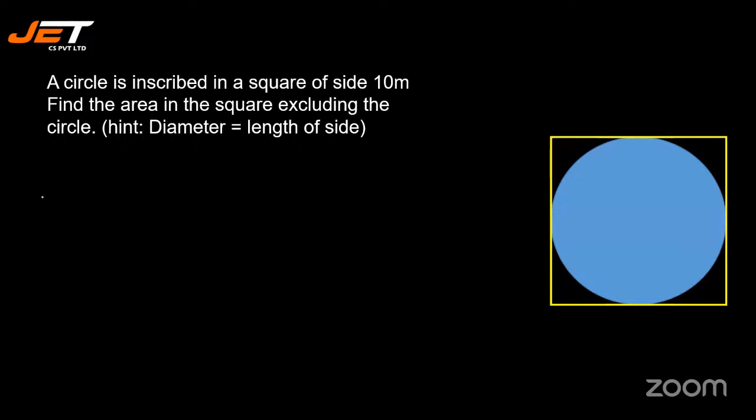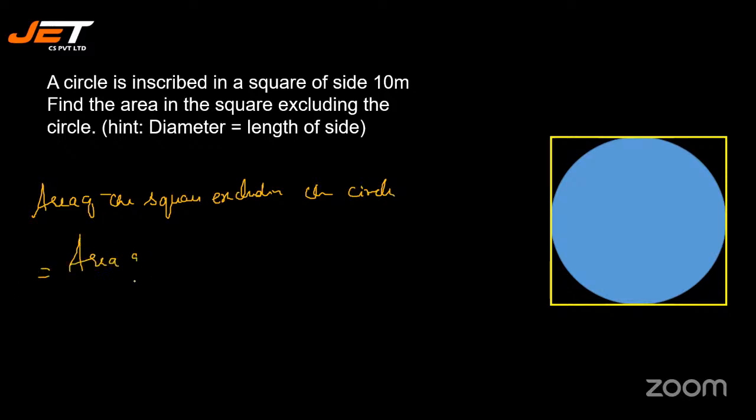Find the area of the square. Okay. So area of the square excluding the circle is equal to area of the square minus area of the circle. So what is area of the square? The side is 10, the whole square minus. So what is the